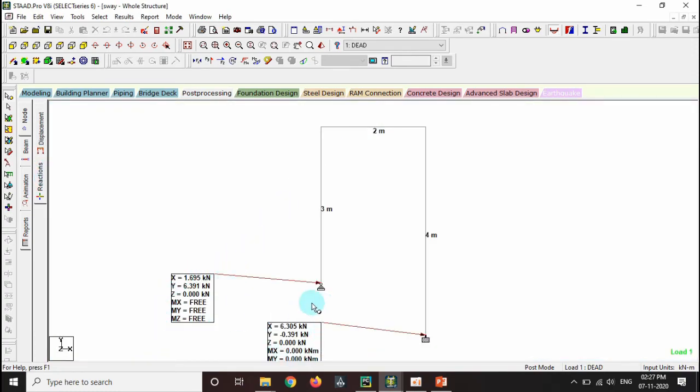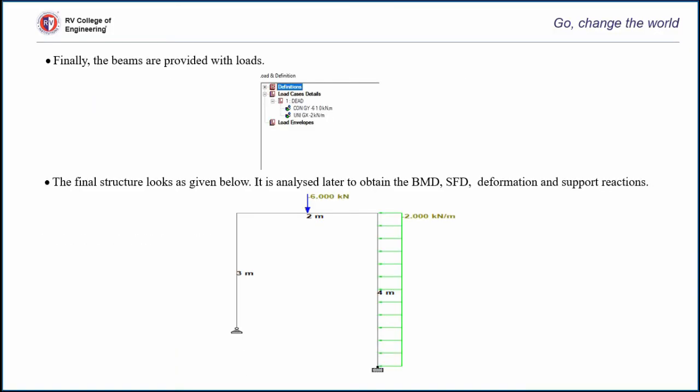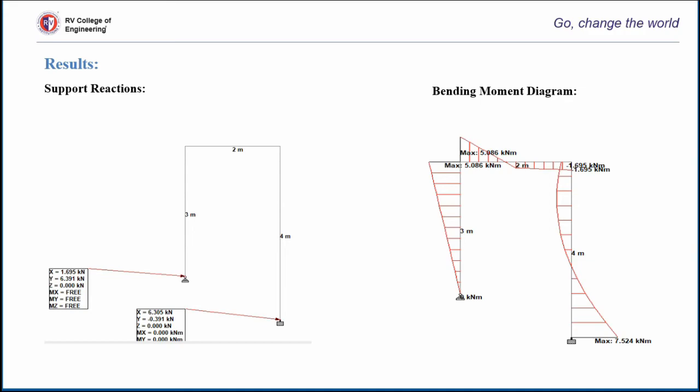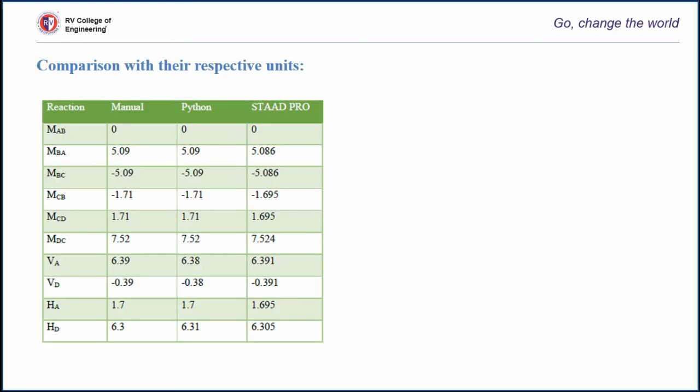These are the support reactions. These are the same common steps, and these are the results which we have obtained. This is SFD, deflected pattern, and the values. And by comparing the values again, we are going to get these values.